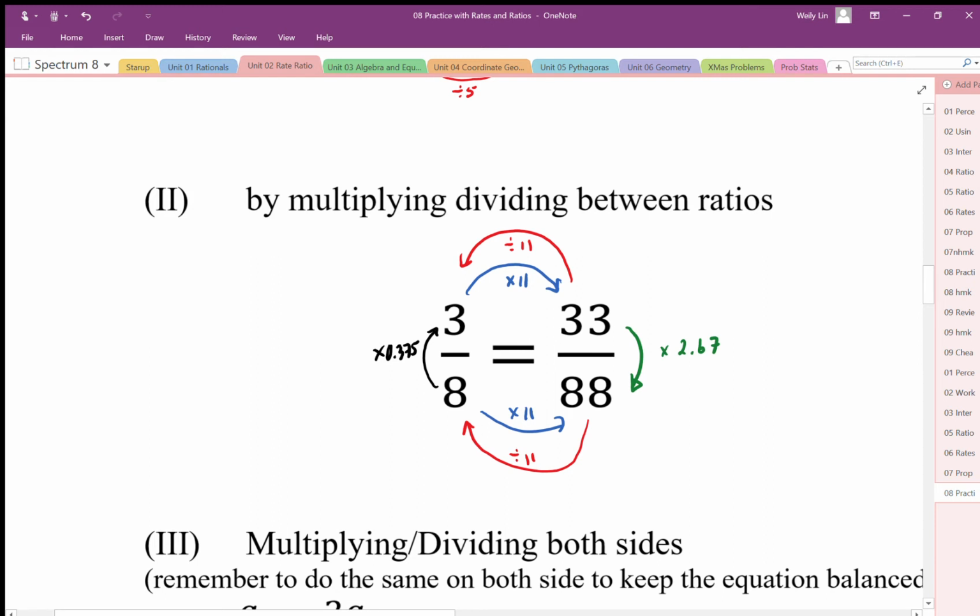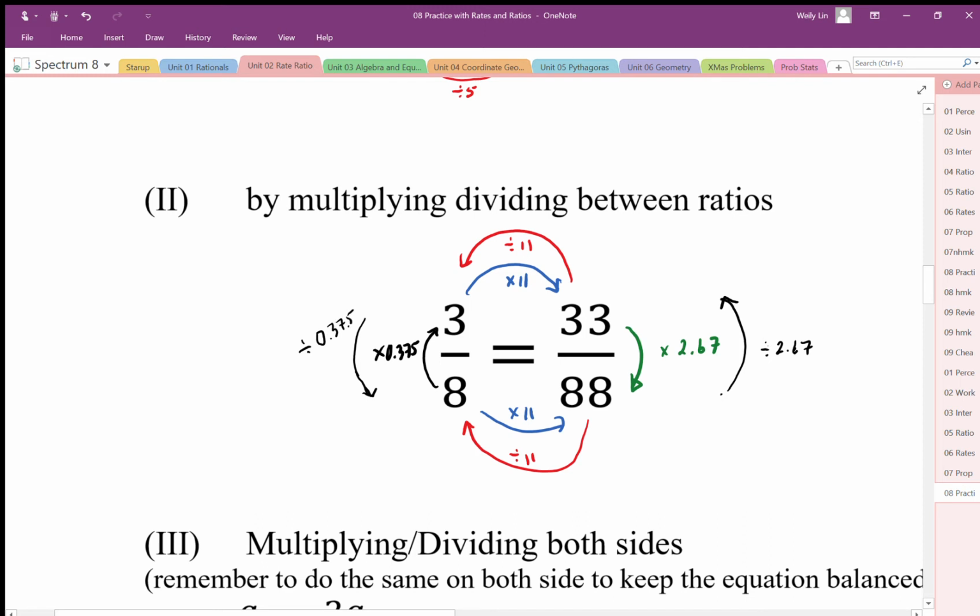and this is something that I want you to make sure you have a very clear idea of. And again, if we go times in one direction, we could divide by that same factor going in the other direction. So that times by 2.67 can be undone with a divide by 2.67. We have times by 2.67, so we can divide by 2.67 going in the other direction. Same thing here. We can, instead of timesing by 0.375 going up,